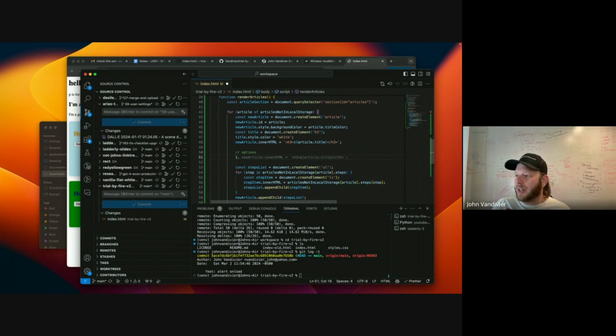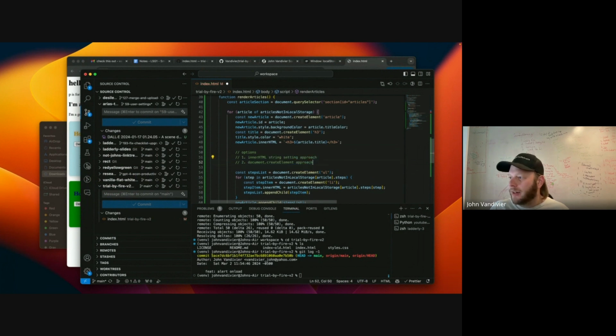So one option is the inner HTML string setting approach, and the other option is the create element approach. Okay. And then within these, we can style in three ways.